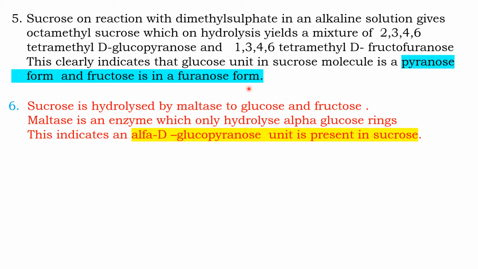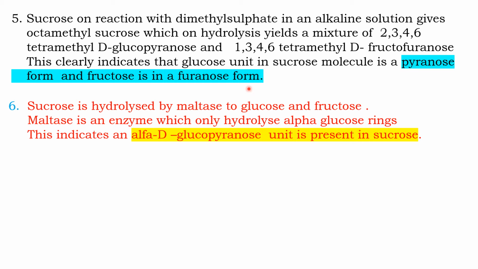pyranose and furanose rings. Now the question is, glucose exists as two pyranose forms. Which are they? Alpha D glucopyranose and beta D glucopyranose. Similarly, fructose exists as two forms. Which are they? Alpha D fructofuranose and beta D fructofuranose. Now we have confirmed that